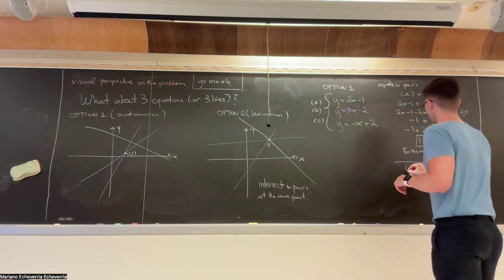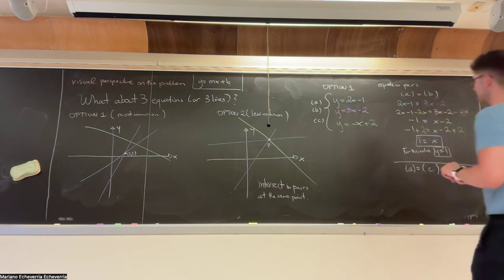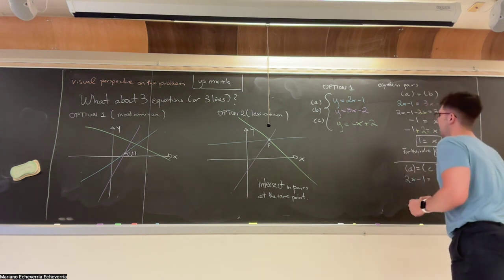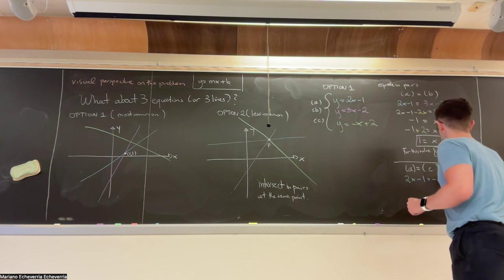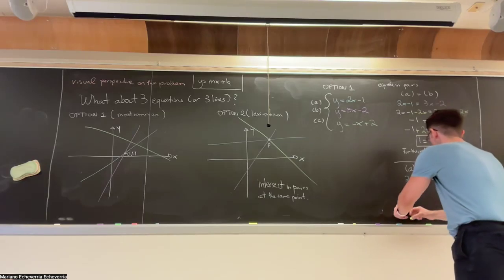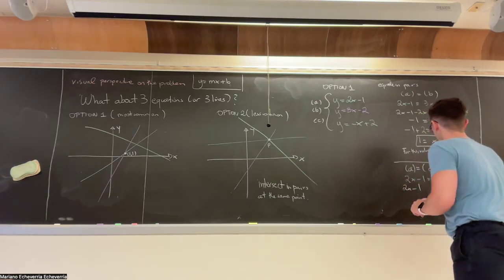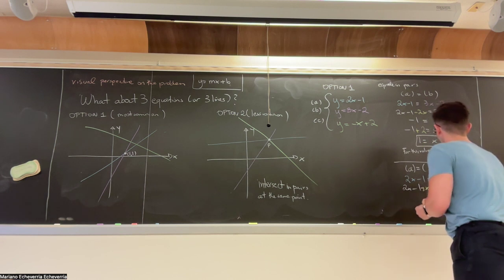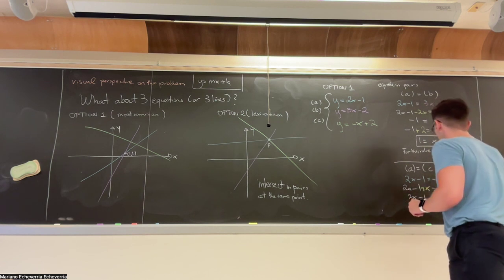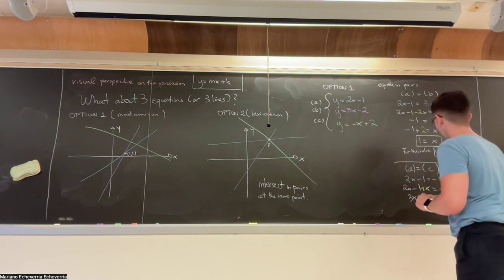So here you have A equals C. If you do A equals C, you get 2x minus 1 equals negative x plus 2. Okay, so I'll add x on both sides of the equation, so I'll do 2x minus 1 plus x, and then negative x plus 2 plus x. Then this becomes 3x minus 1, and the x's go away here because it becomes zero, so you get 2, and then